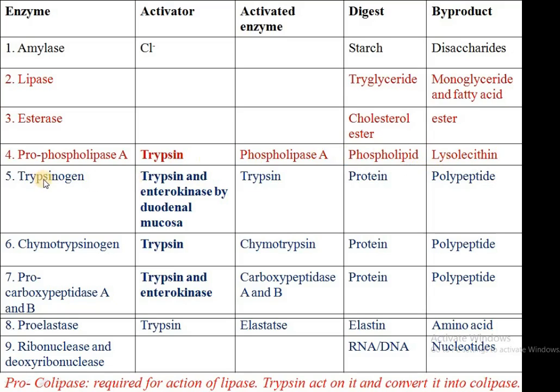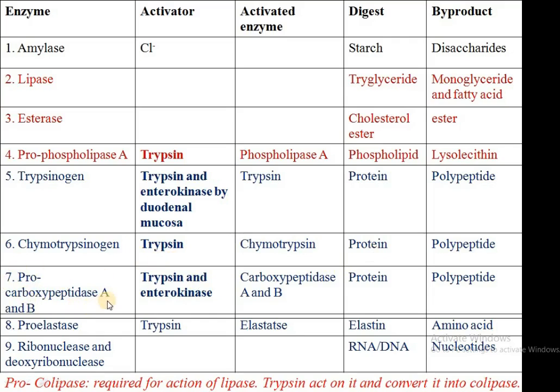Trypsinogen, an inactivated enzyme, converts into trypsin in the duodenum with the help of enterokinase or enteropeptidase secreted by the duodenal mucosa, and trypsin, which has been previously formed. So this trypsin helps in activation of itself, and it digests the proteins to smaller parts, that is polypeptides. Chymotrypsinogen converts to chymotrypsin with the help of trypsin in the duodenum, also for the digestion of protein to polypeptide.